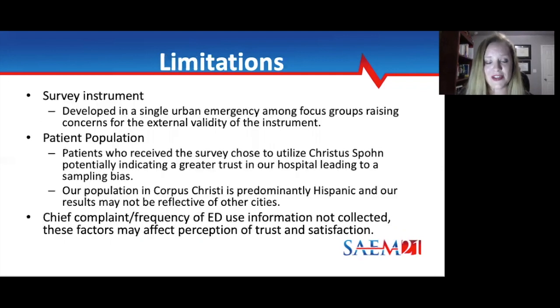Some limitations of our study include that it was a survey instrument developed in a single urban emergency department among focus groups, which raises the concern for external validity. Our patient population chose to utilize Christus Spohn, which may indicate an underlying greater trust in our hospital, leading to a sampling bias. Our population in Corpus Christi is also predominantly Hispanic, and our results may not be reflective of